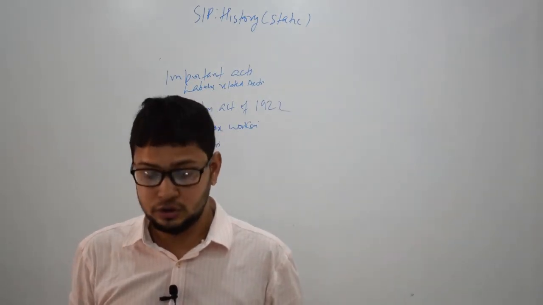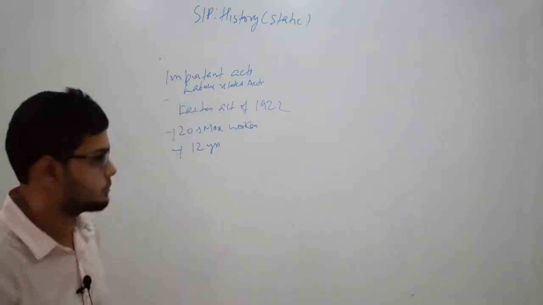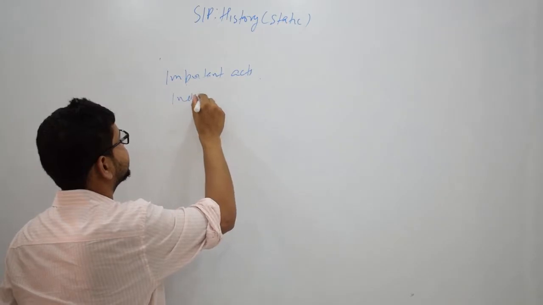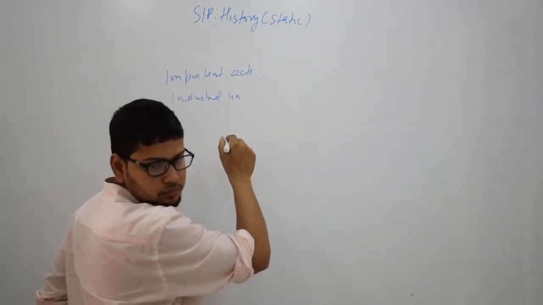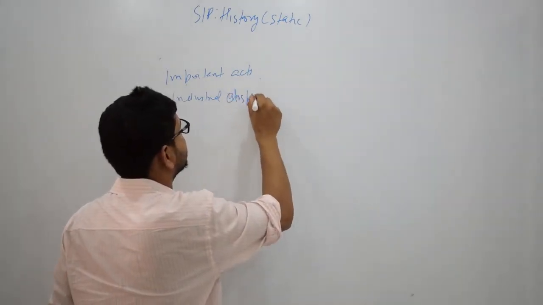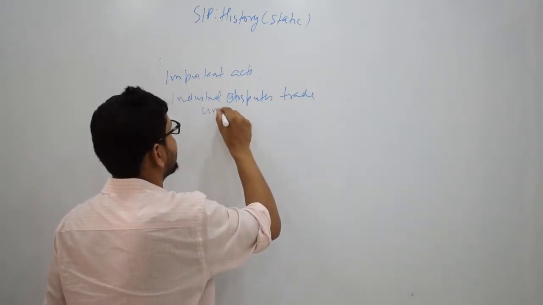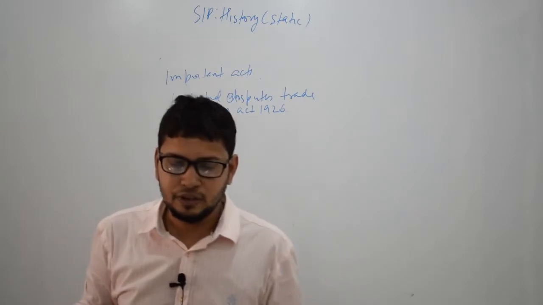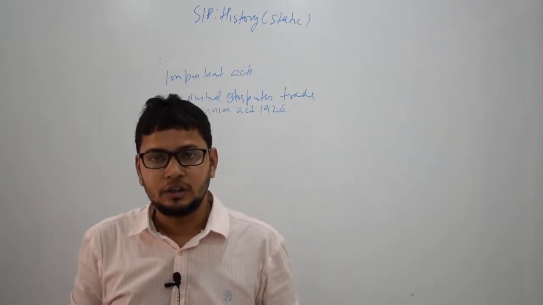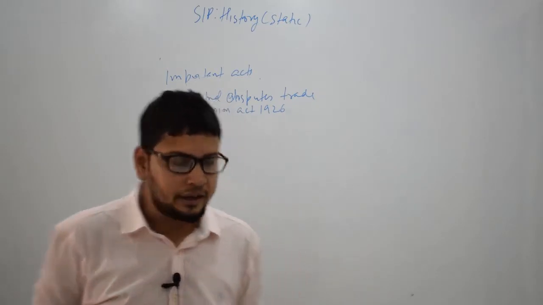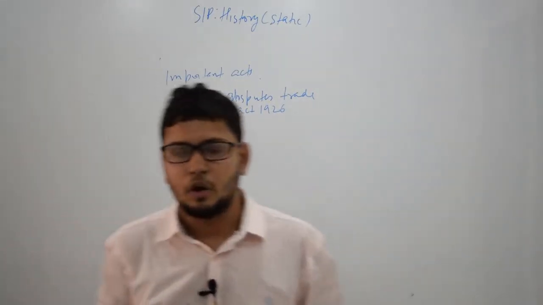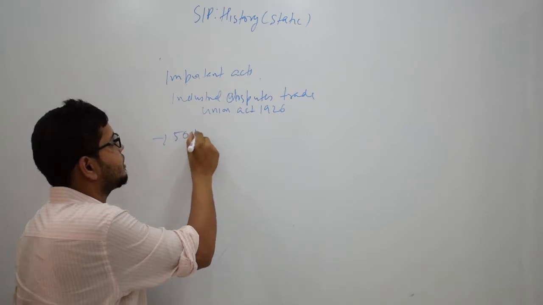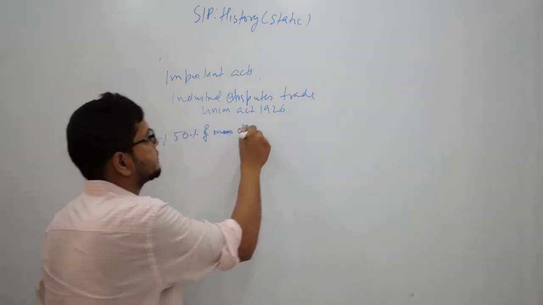Next we have is Industrial Disputes Trade Union Act 1926. So Industrial Disputes Trade Union Act 1926, first time it laid down certain conditions with respect to registration of trade unions in India. So the main condition which this act laid was that at least 50% of the office bearers in any trade union should be workers. So first condition was that 50% of office bearers